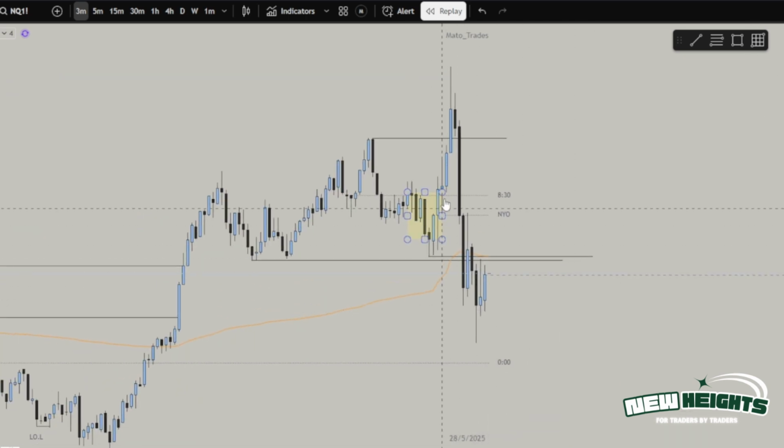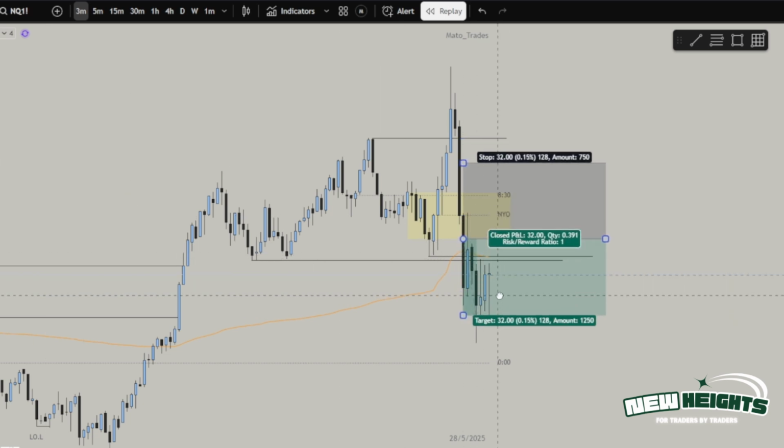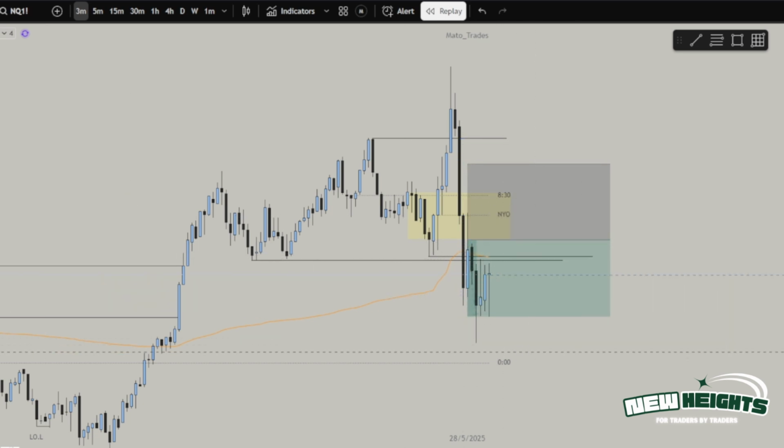So as you can see, we do get this close below, and then right after we get that close below, we do get this retracement back up into this range. And then you can look to take shorts. I actually remember taking shorts here